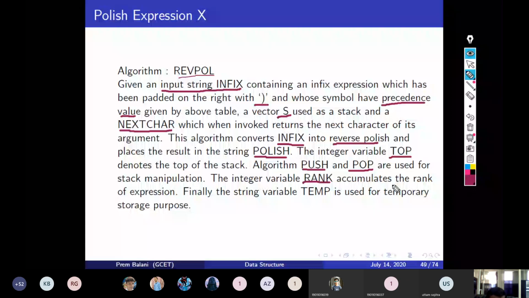It is used as temporary storage, and whenever we pop the stack, we will store the element into the temp variable, and then we will append it to the Polish expression as we were doing with the previous algorithm. Okay, so let's now see the algorithm. It's a very interesting algorithm.